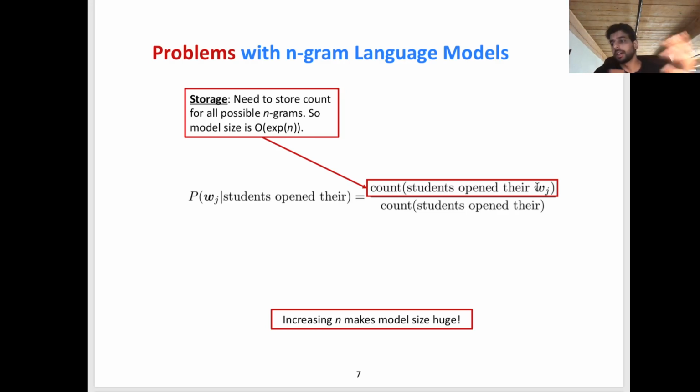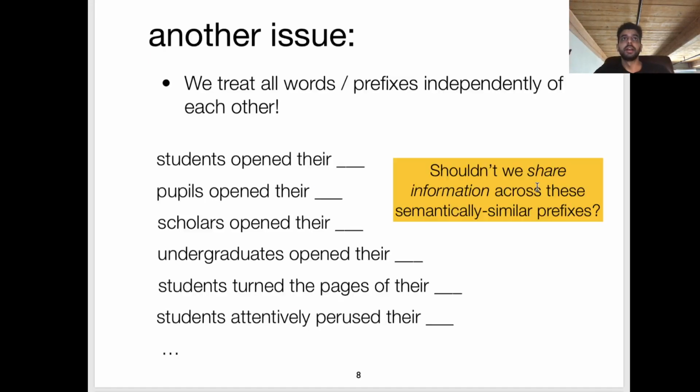Because I just will run out of memory, and the sparsity problems that we discussed before with these 0 counts become much greater in settings where you have larger n. If you remember the Shakespeare example that we went over in the last lecture, with a 4-gram model, 99.9% of the counts in the table were 0. So you can imagine smoothing and backoff become much more important in these kinds of settings. So we have basically 2 key issues so far: one is the sparsity issues, a lot of 0 counts, and the other is memory issues.